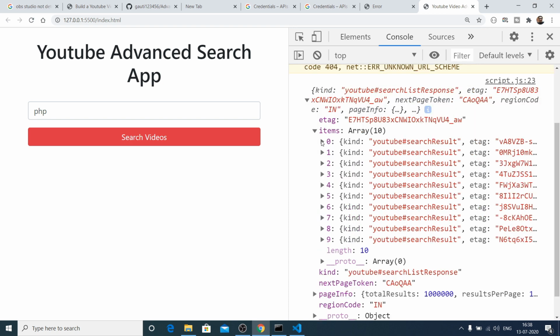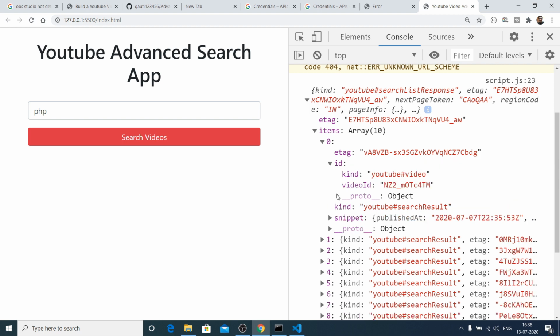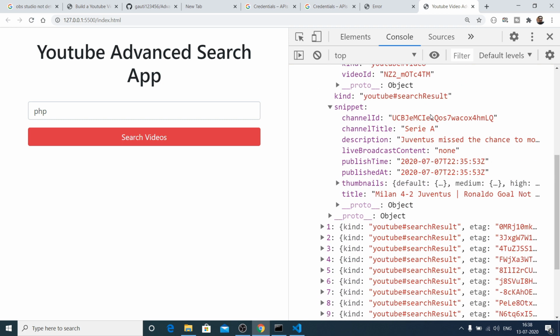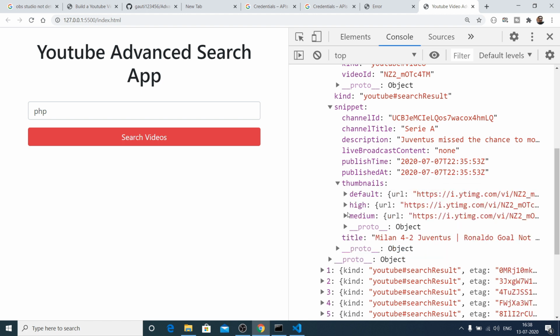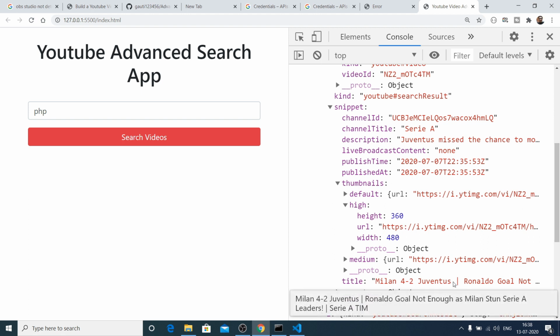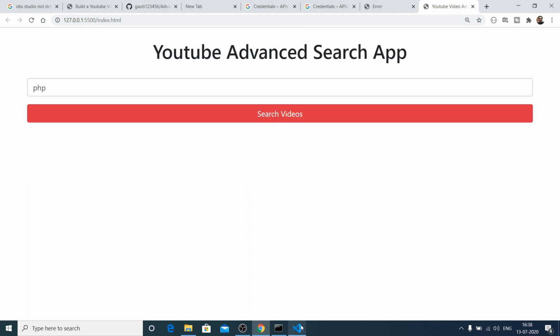Each item has its own video ID, and more information is there inside the snippet object: the channel ID, channel title, description, the publish time, and the thumbnails. We will be printing the high thumbnail. All this information is there, and this is the title of the video. In order to display this information, we will be using the table tag.